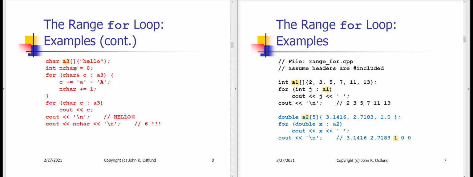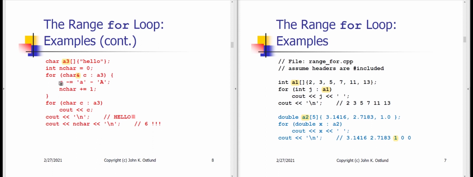I'm using nchar as a variable. I'm going to count the number of characters that are processed in my range for loop. Notice that I'm accessing each element in that array A3 by reference. So I'm going to get a reference to each one of the chars in A3 one at a time. And this trick, which you may or may not remember,